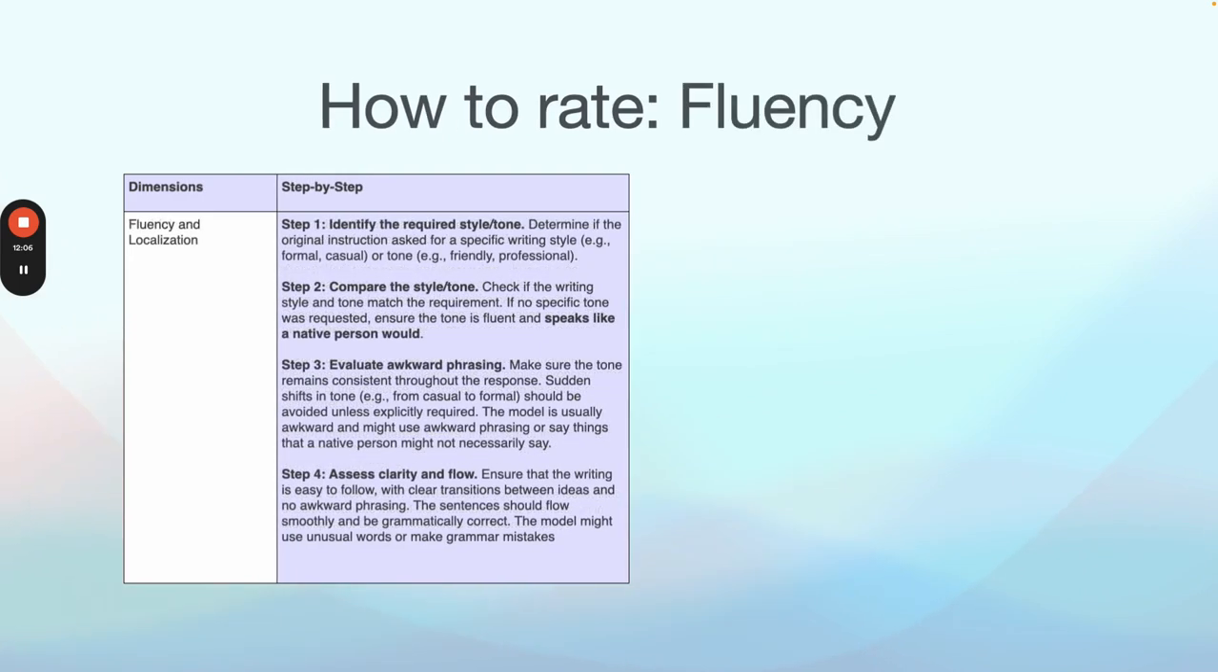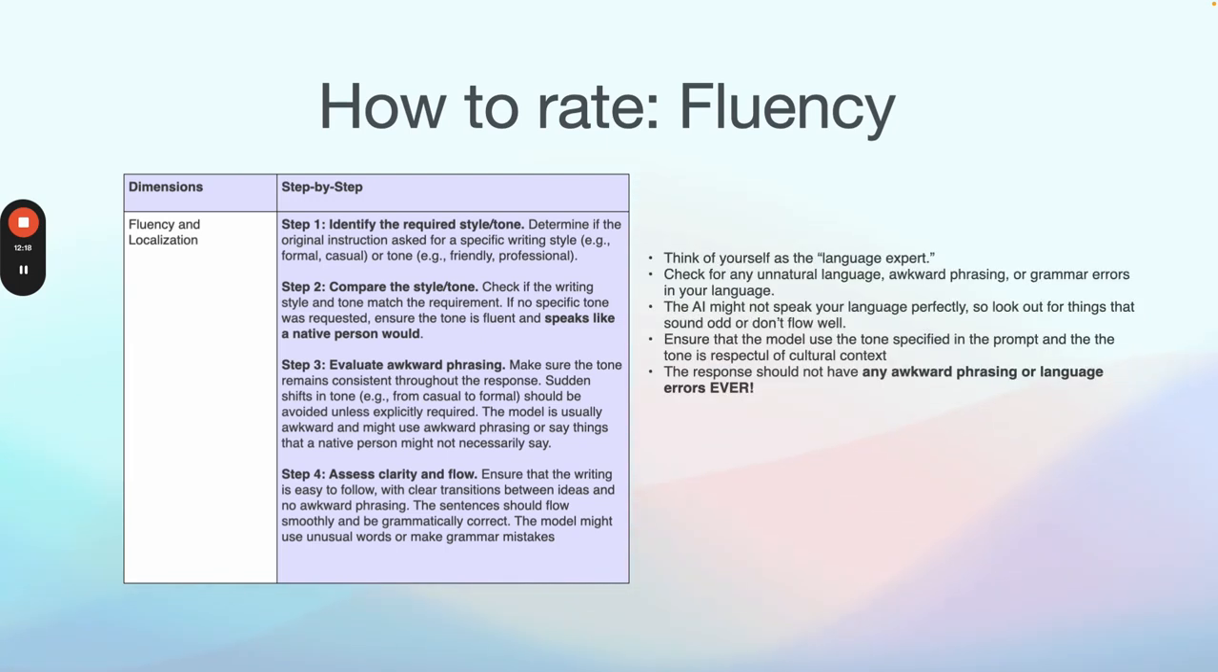Lastly, fluency. So remember, we talked about you being a language expert. So basically the step-by-step here is identify the required style and tone, evaluate awkward phrasing and any spelling mistakes, assess clarity and flow. And like I mentioned, you're the language expert. The AI might not speak your language perfectly, so look out for things that sound odd. Make sure it's respectful of context and that it's localized and relevant to your language and locale, and that it doesn't